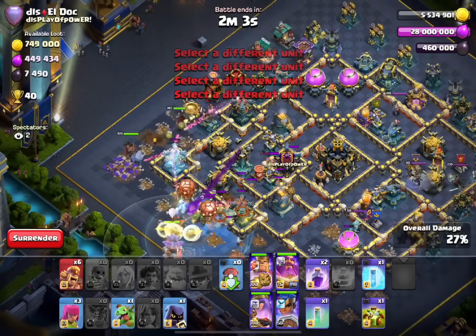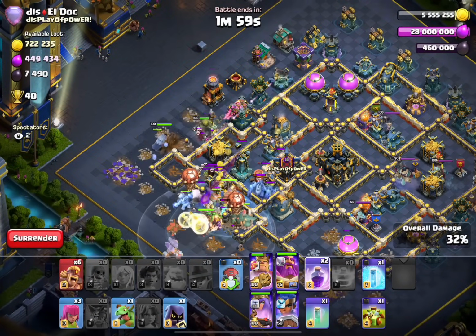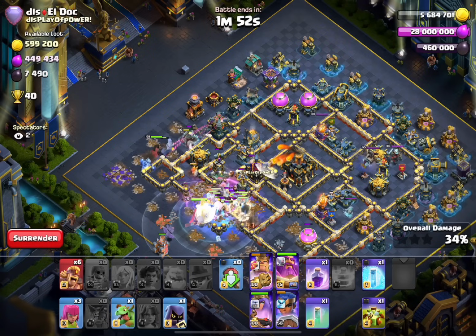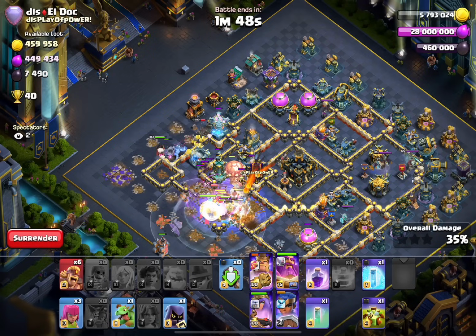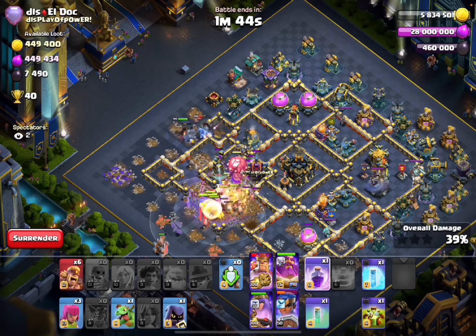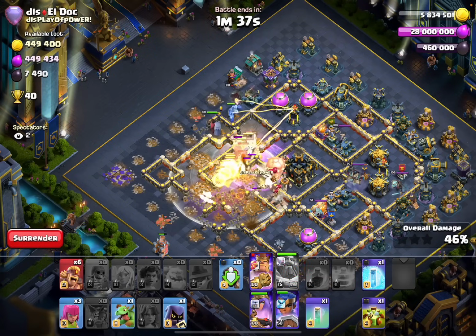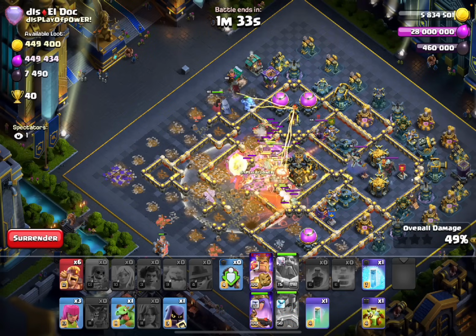It's looking good so far. Funneling everything into this compartment, and then I'm probably gonna use Rage spell early just to keep all my troops alive here. Still being patient with my Warden ability, because right now it's only the Town Hall and the Monolith that's kind of dealing damage, and my troops are really, really staying together. So now, when my troops start to split up a little bit, I'm gonna use my ability, and then I'm gonna use my